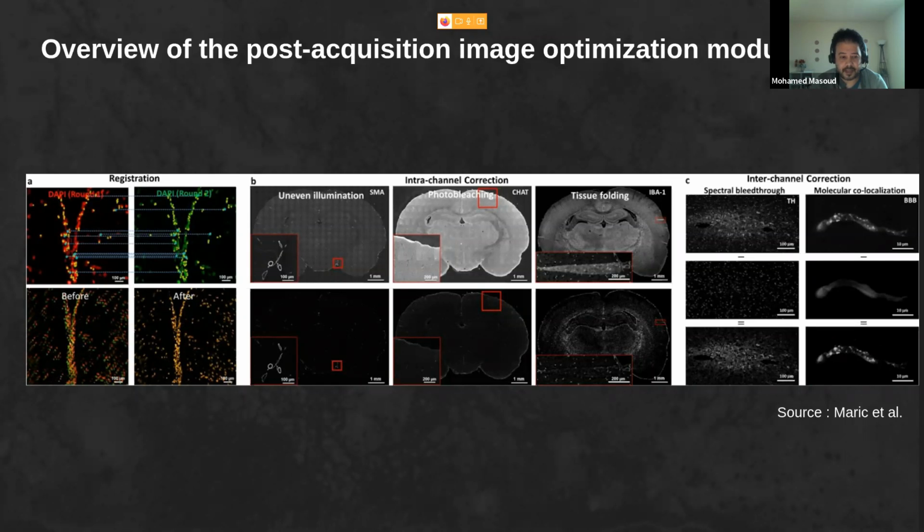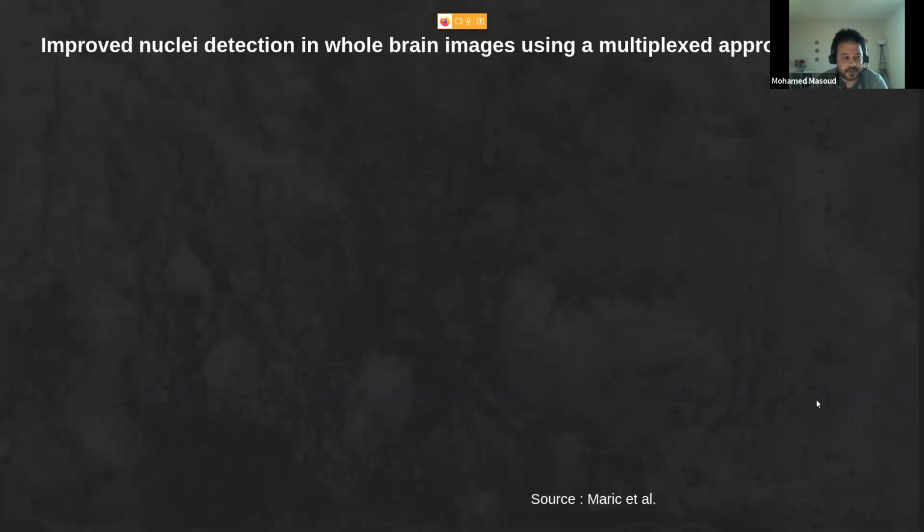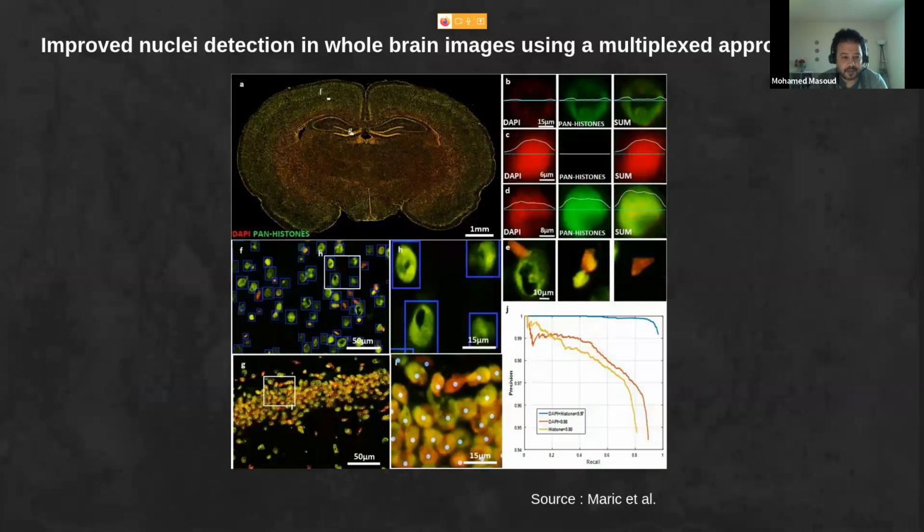Based on that, they moved to find the bounding boxes that can identify the cells in this tissue. One of the things that is hard in this domain is that there is a huge overlap between the cells.